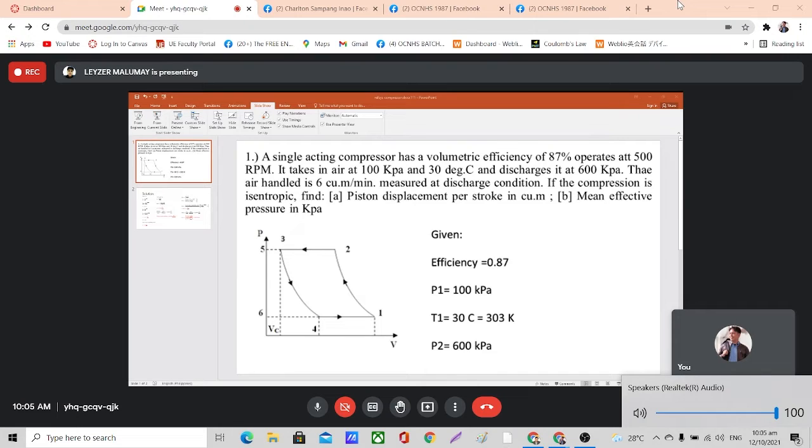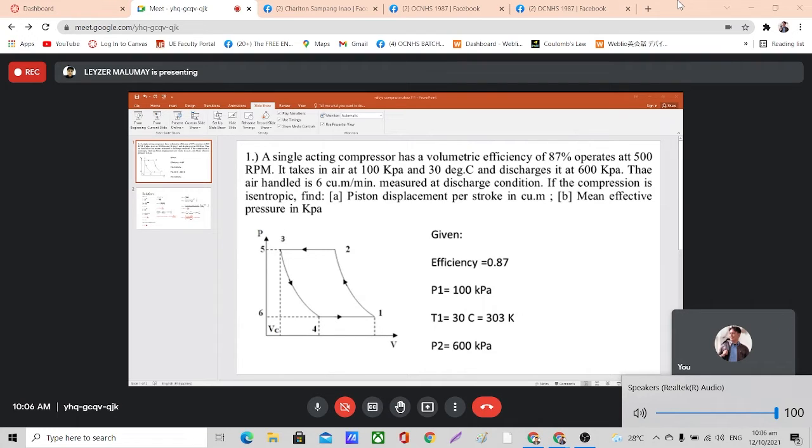The air handled is 6 cubic meter per minute, measured at discharge condition. If the compression is isentropic, find (a) the piston displacement per stroke in cubic meter and (b) the mean effective pressure